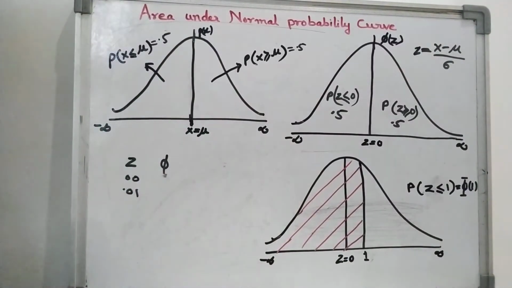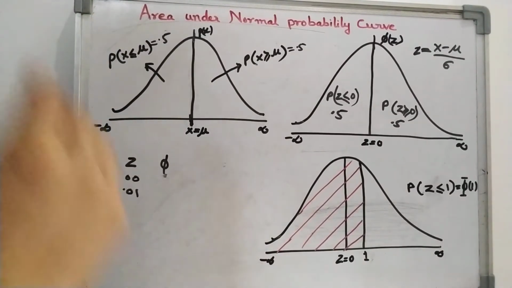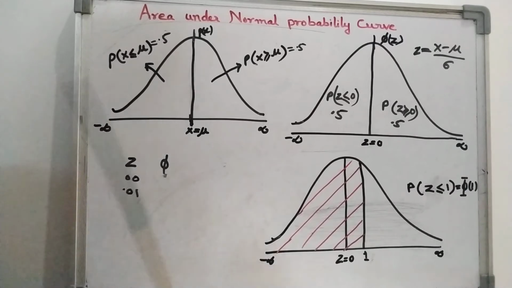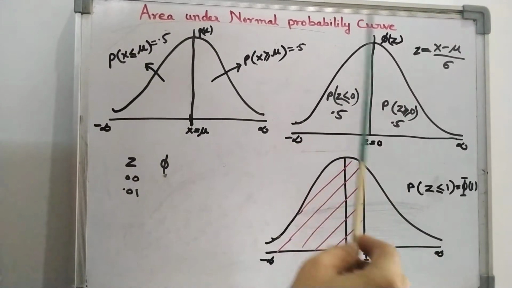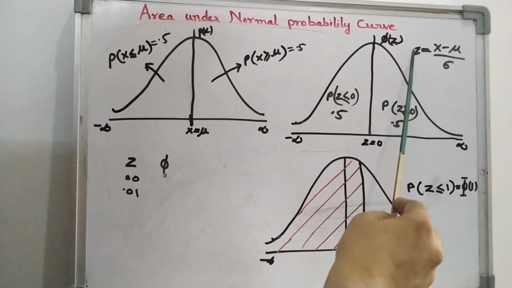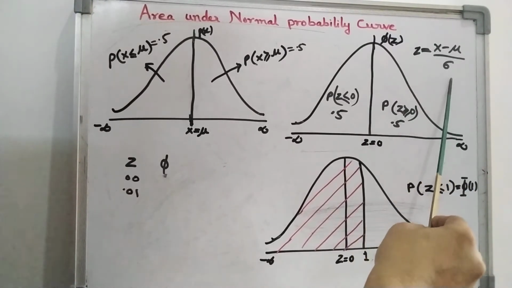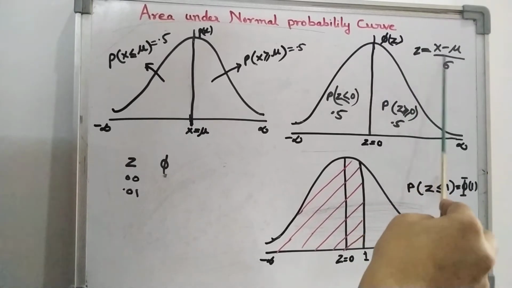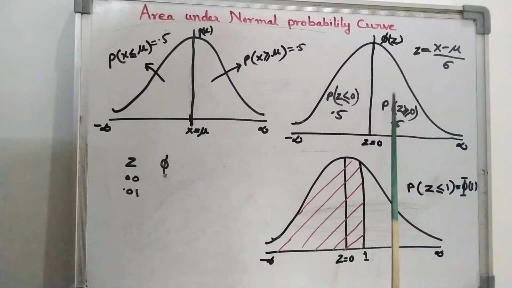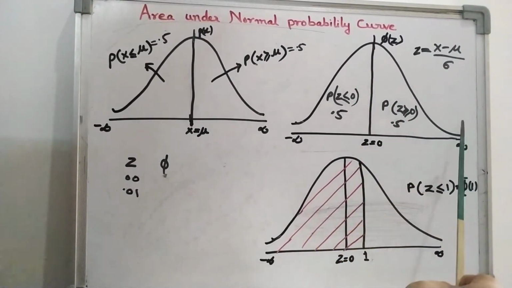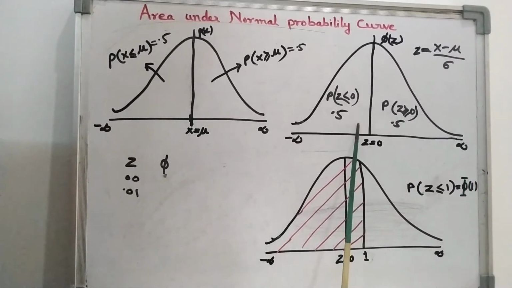Otherwise we won't get them, because in the table the values are in standard normal variate form. So, we need to standardize it. As we know, x is a normal variate, and z is a standard normal variate. So, we convert x into z equal to (x minus mu) divided by sigma. After converting x to z, we get phi(z). Plotting z and phi(z), we will get this curve, which is called the standard normal curve. This one is just a normal curve and this one is the standard normal curve.